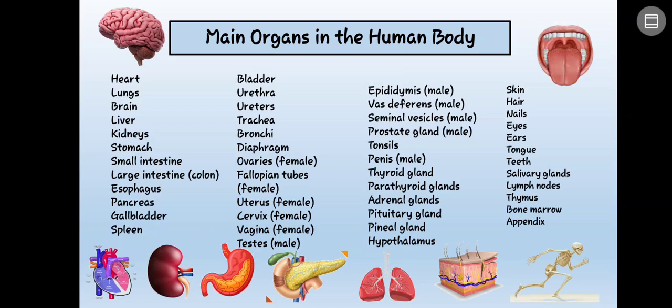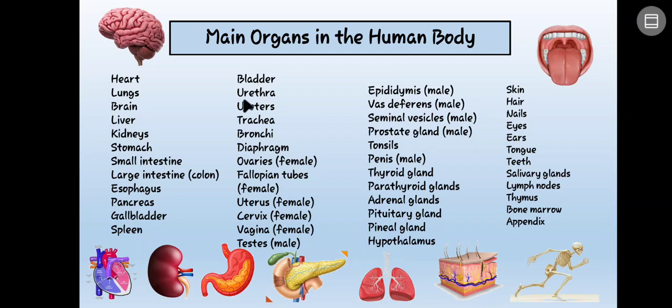Okay, so the main organs in the human body. In studying anatomy and physiology, we'll be studying all these organs. The first ones: we have the heart, the lungs, the brain, the liver, the kidneys, the stomach, the small intestine, the large intestine or the colon, the esophagus, the pancreas, the gallbladder, the spleen,